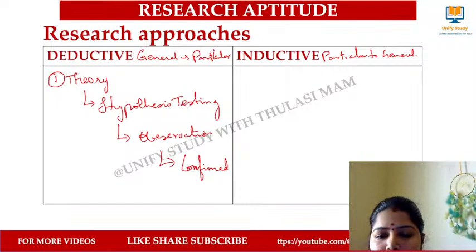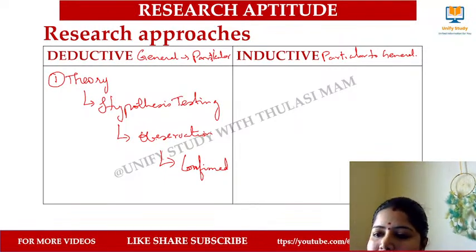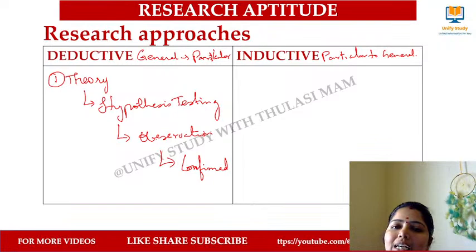So next we move to deductive research and inductive research. Deductive starts from theory. So they know what is to be done and the hypothesis will be tested. Then they will be confirming the observed situation, what has been happening, and the pattern will be confirmed. That we call deductive research. In observation, the data collection will be done, the methodology will be taken, the experiments and analytical things will be done, and then the interpretation will be given at the last part.